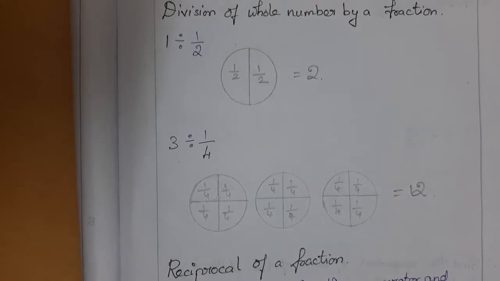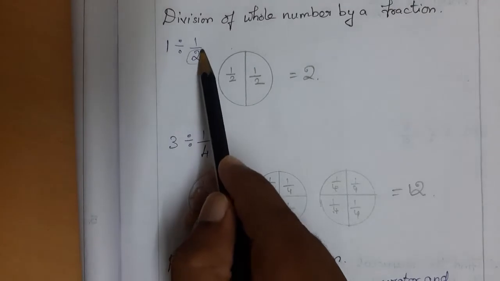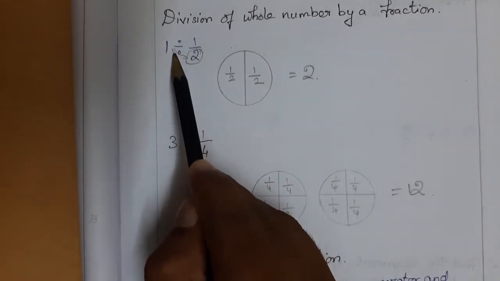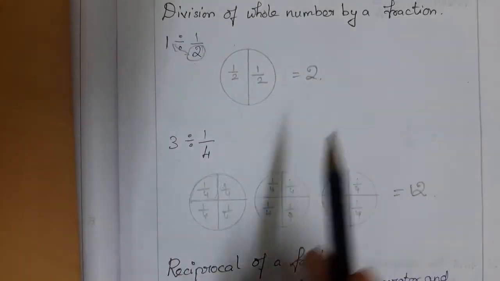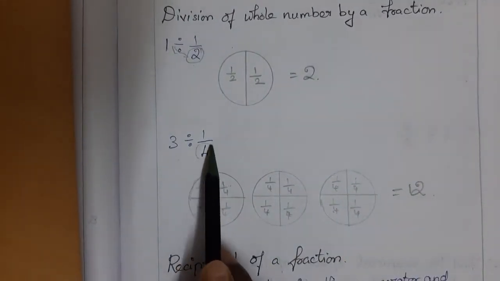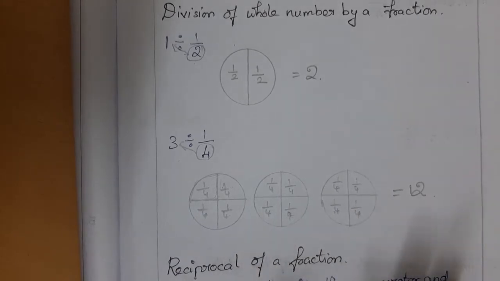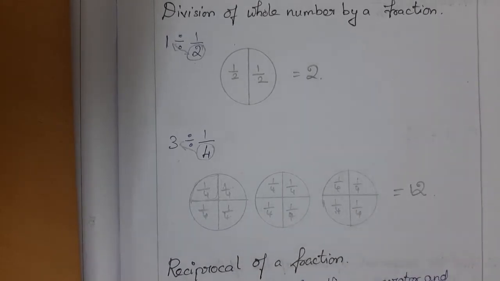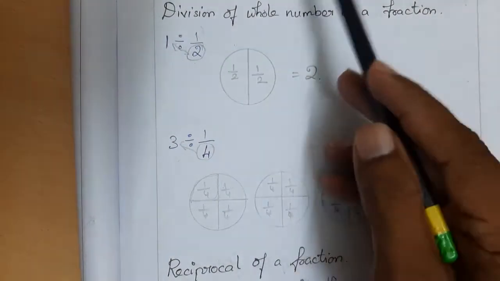Just observe from both the examples, it's like a multiplication of the denominator and the whole number, right? So 2 into 1 is 2, right? And you can check here, 4 threes are 12, right? So it has a beautiful pattern, that by taking the reciprocal of this we will do the multiplication.